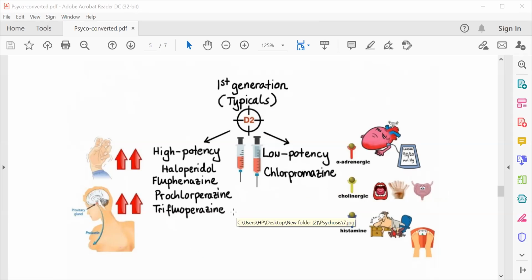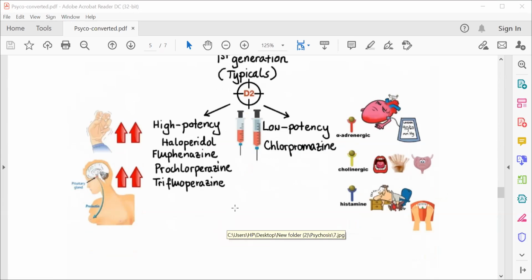So they bind firmly to the D receptor. So what will happen when it binds firmly to the D receptor? It means that the side effects associated with less dopamine will be high. Like, for example, here,